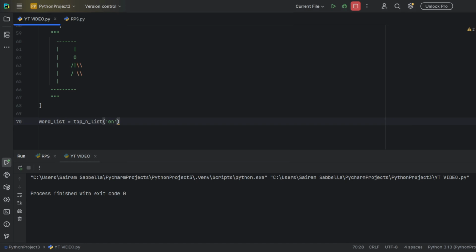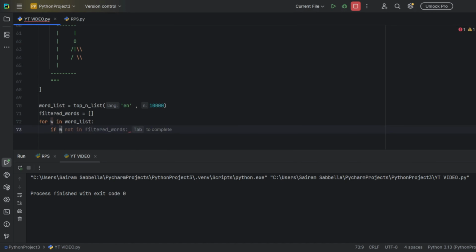If you could decipher it, en stands for English and we'll make 10,000, which stands for the amount of words. After that, we're going to filter our words. filtered_words is equal to an empty list. Now, we're going to iterate through the word list. So for w in word_list,